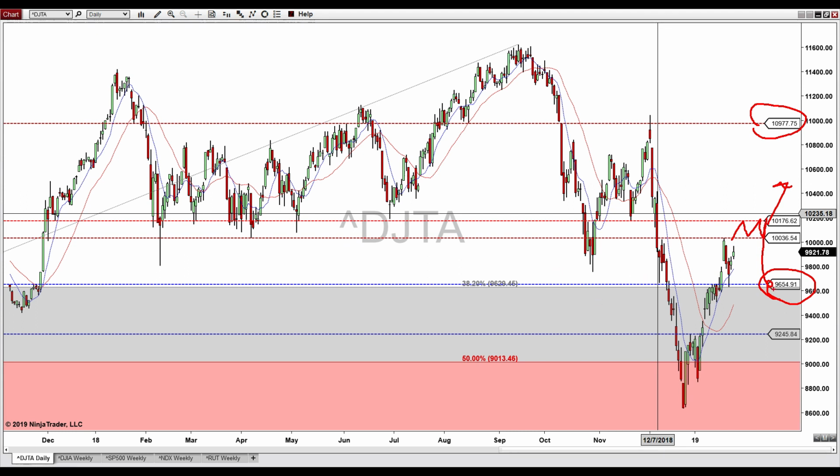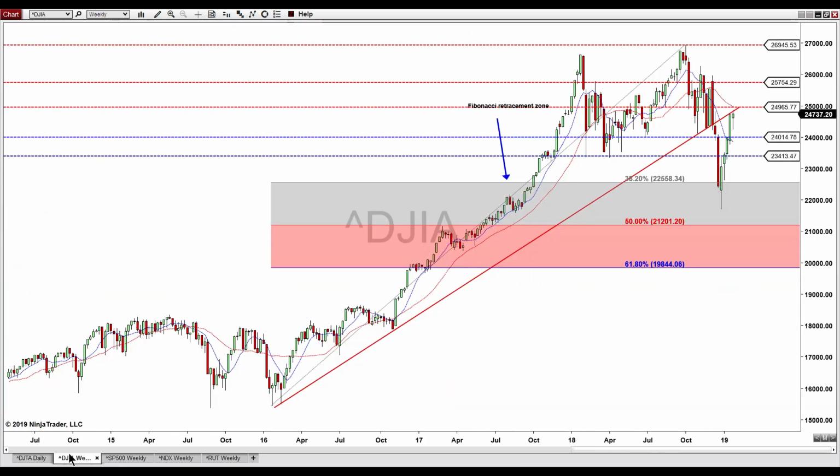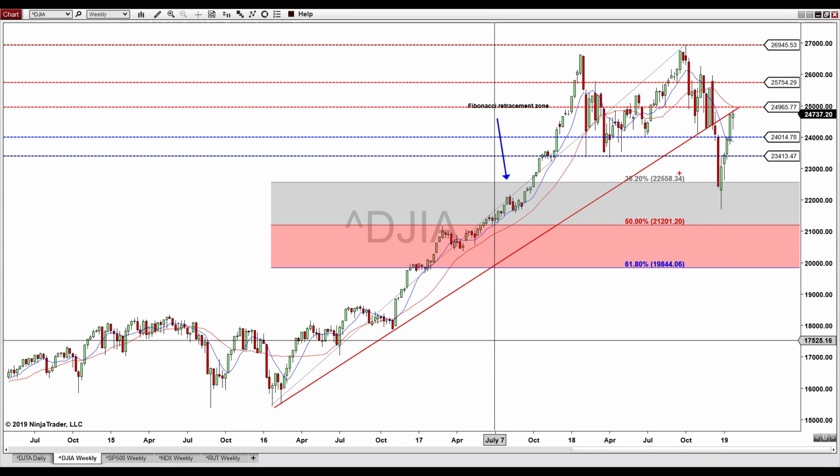or come back in and recheck the level near the 38.2, near 9,654.91. As for the transportation, now looking at the Dow Jones Industrial on a weekly chart here, you can see the Dow Jones Industrial is trying to reclaim this trend line. It's basically been back-testing that for the last couple of weeks, and also been one-time framing up. So we're going to keep an eye on this